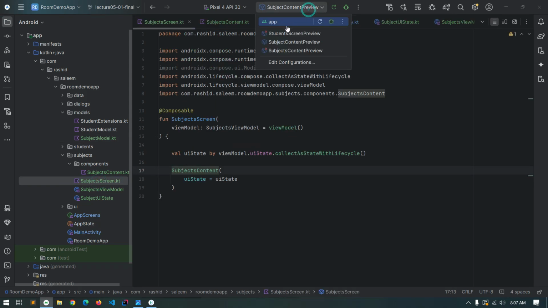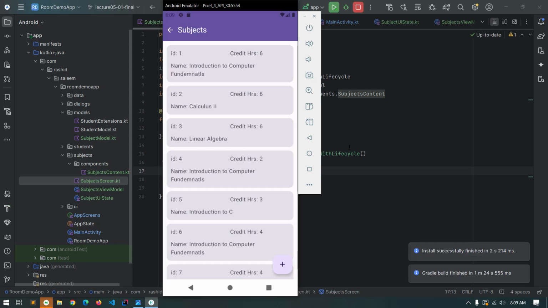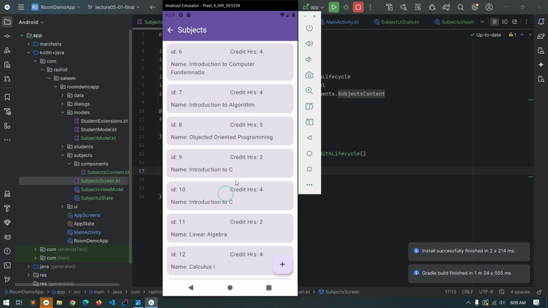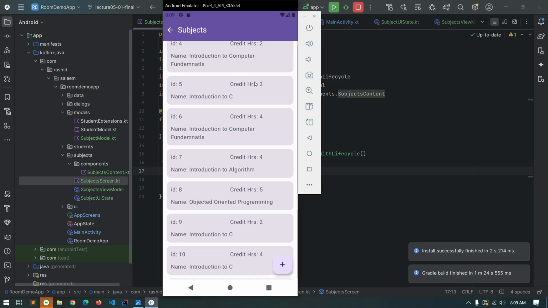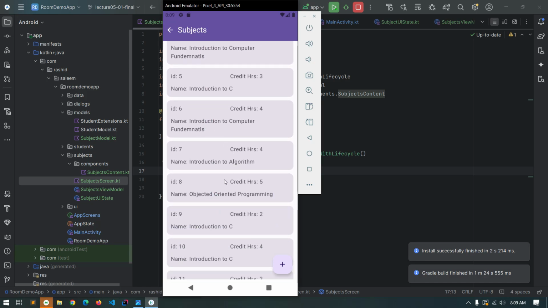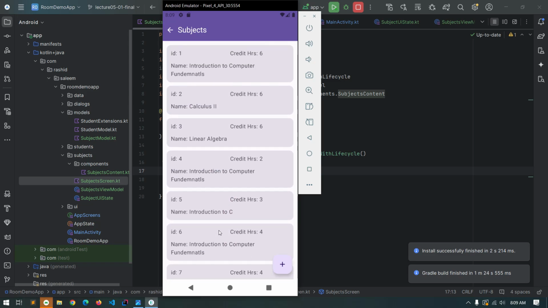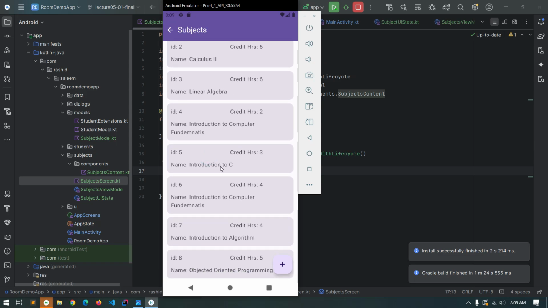So now let's run our project and see that all things are working as expected. Okay, so we are now able to see the dummy subjects list here, and we're also observing that these credit hours and the names are the random ones which we have defined. To provide a better picture of this card with different subject names, let's say the subject cannot fit in one line, then it's showing in two lines. Although this will cause some differences in the card height,